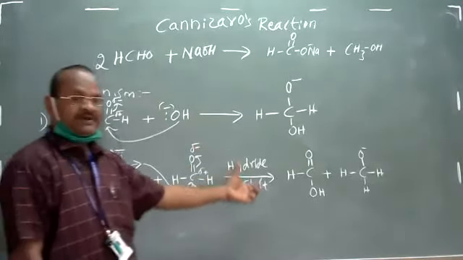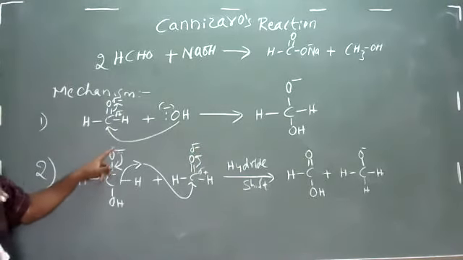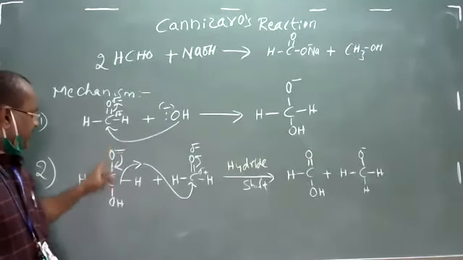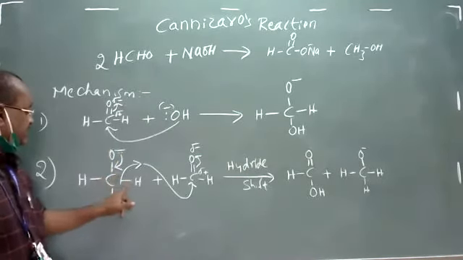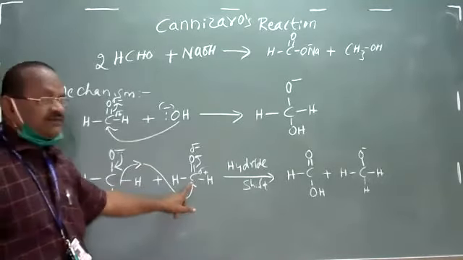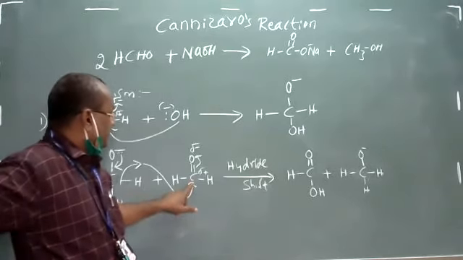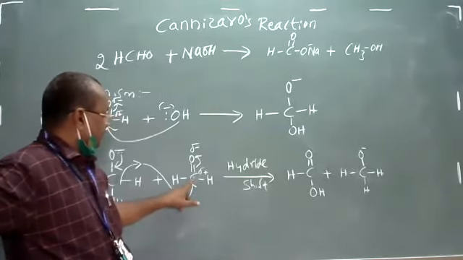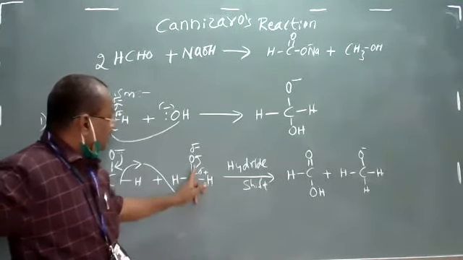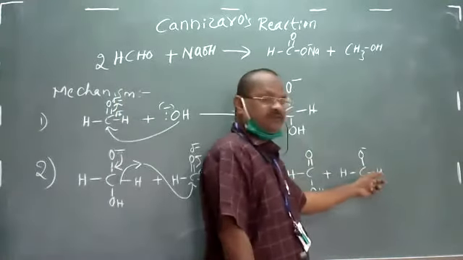So this is what happens. Here the oxide ion wants to stabilize itself. So that pair of electrons will try to form a double bond between carbon and oxygen. And when they are trying to form this, the hydrogen comes out as a hydride ion. That hydride ion attacks the carbonyl carbon of one more molecule of aldehyde, the one you used, and when it tries to form a bond between the hydride ion and the carbonyl carbon, the pi bond electrons will move towards oxygen to form an oxide ion.